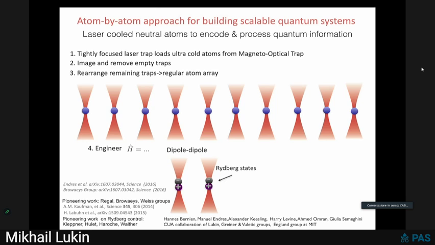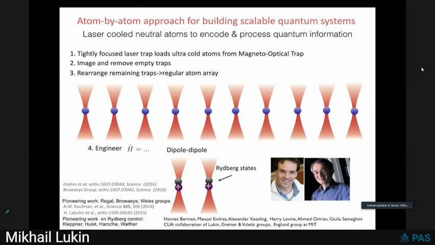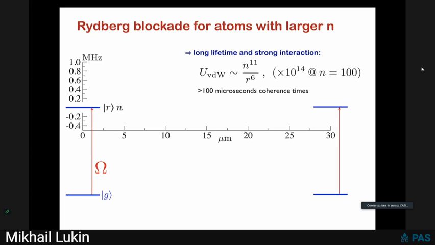So this work is actually a joint project between my group and in collaboration with my colleague at Harvard, Markus Greiner, and a colleague at MIT, Vladan Vuletic. The idea that we use to entangle atoms is something which we call Rydberg blockade. And the idea is very simple. We make use of the fact that Rydberg atoms have long lifetimes and very strong interactions.